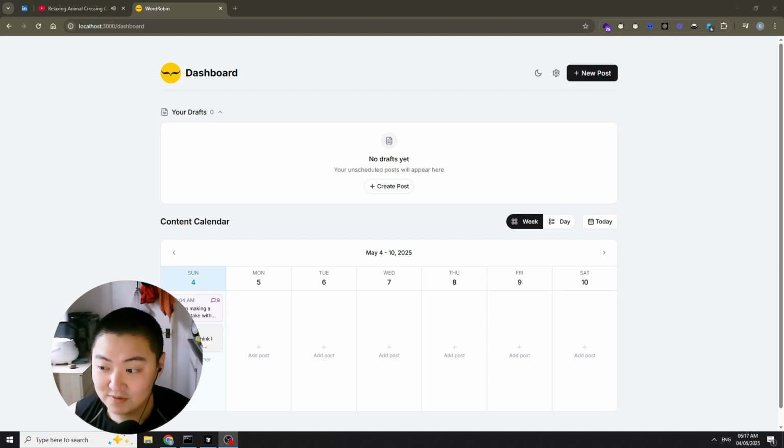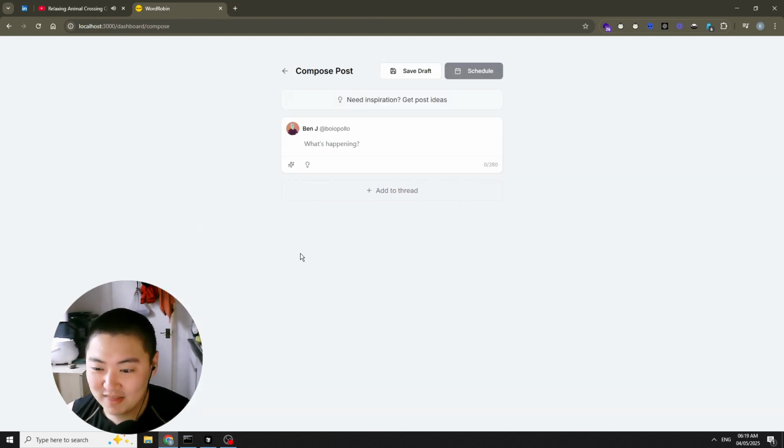Hi guys, so this is how I actually think about and add new features to Word Robin. So the goal really is to make things as intuitive as possible. So what that means is when I think about new products, so for example, something I just added is when